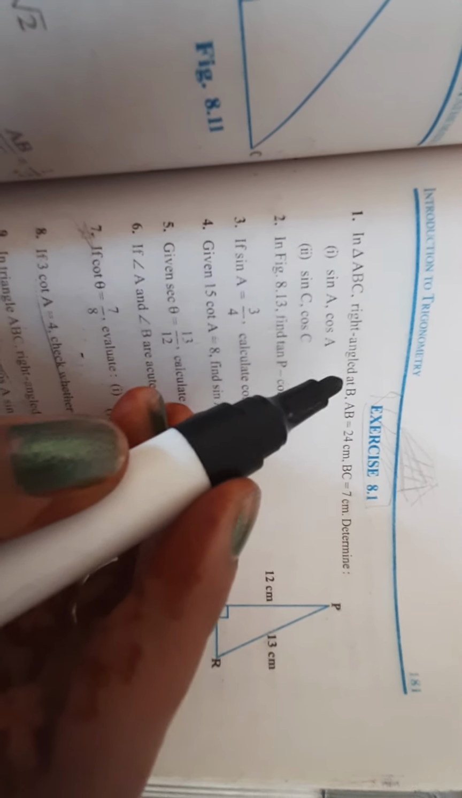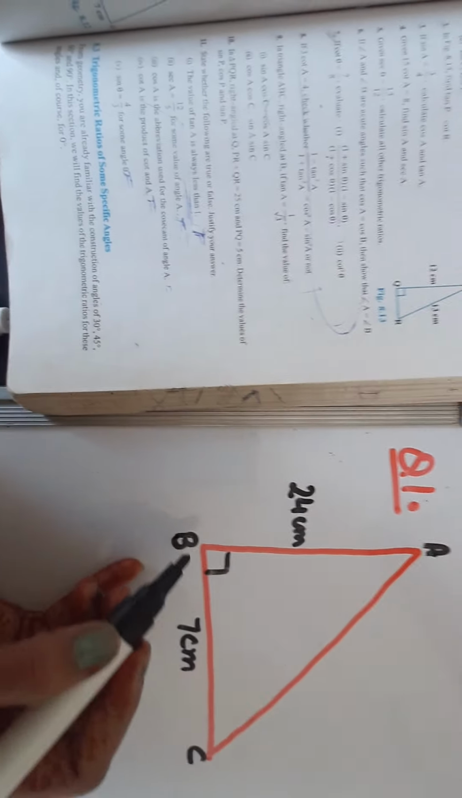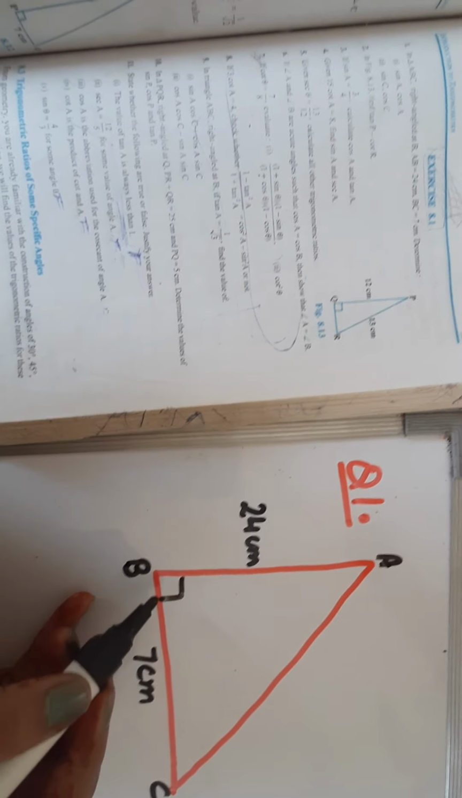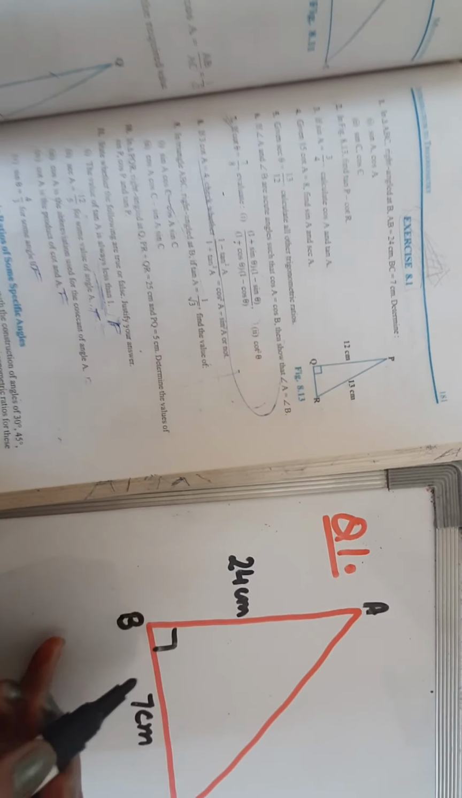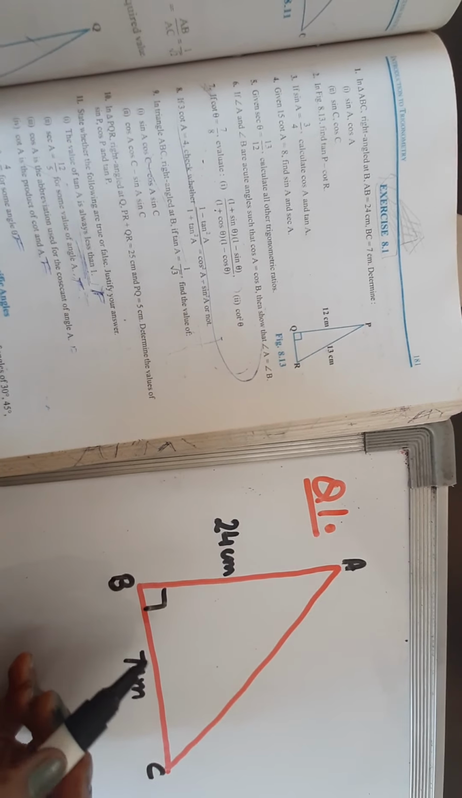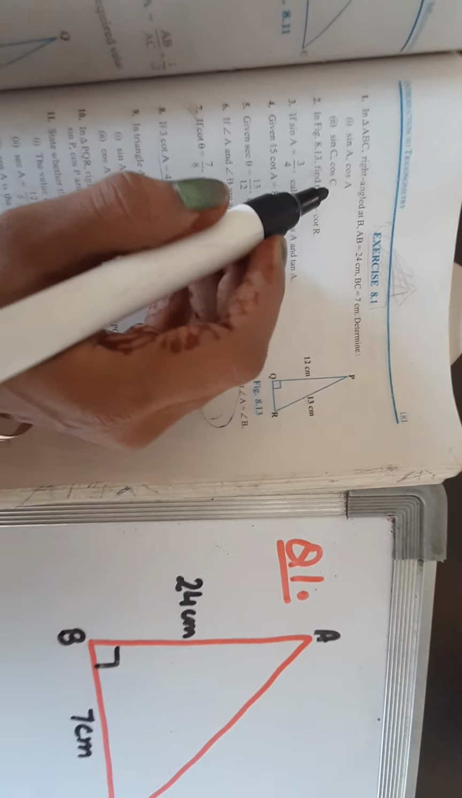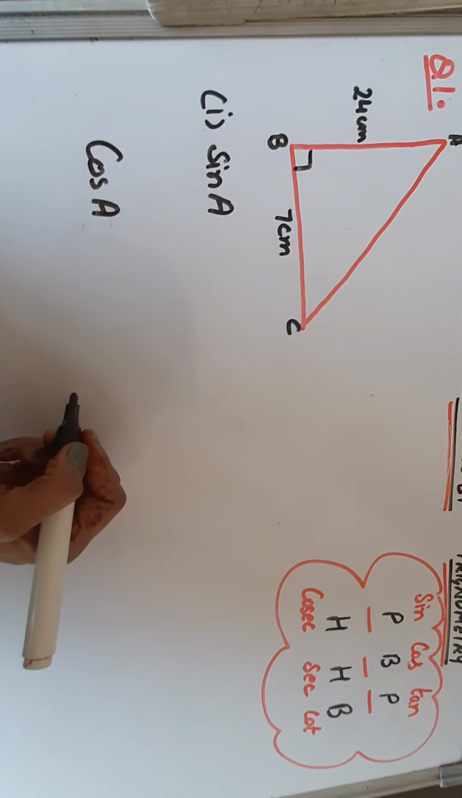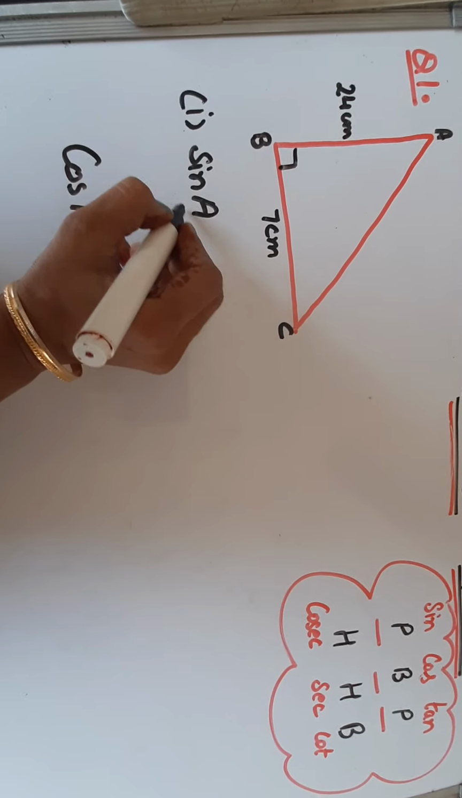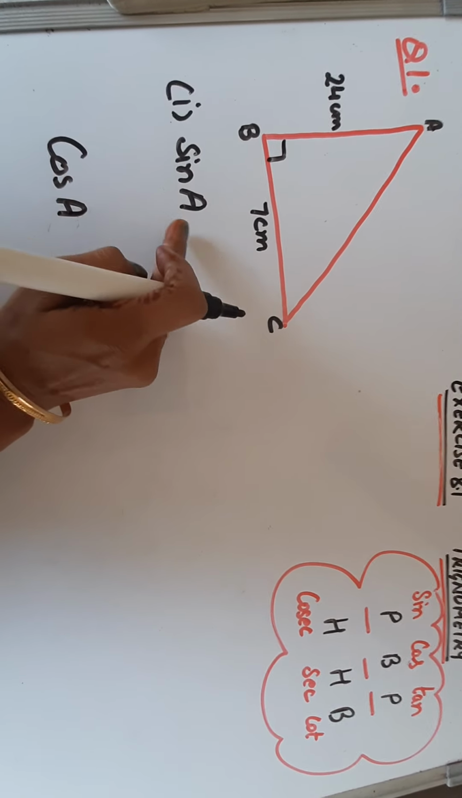So question number 1 is, in triangle ABC right angled at B, right angled at B means we have to mark B point at 90 degree. AB is 24 centimeter, BC is 7 centimeter. Determine sin A, cos A in first part and sin C, cos C in second part. So dear students, as you can see in the first part, sin A means A angle is involved. Along with cos, again A angle is involved. As I told you in my previous video, whichever angle is involved, the side opposite to that angle will be